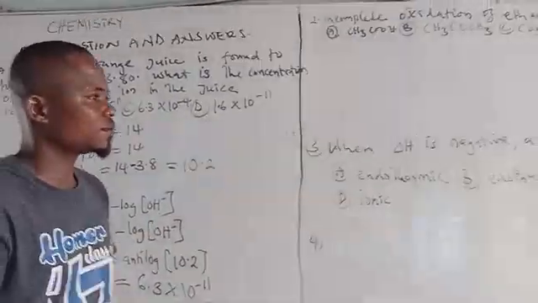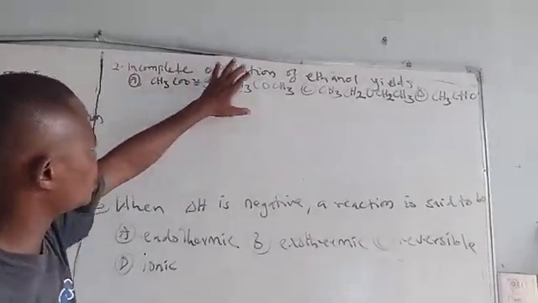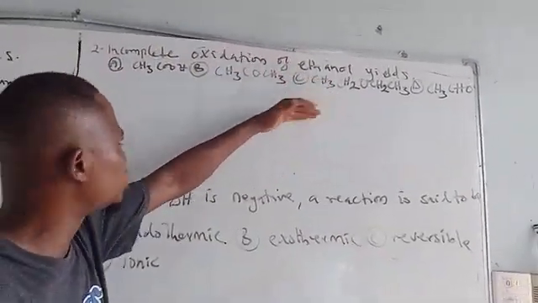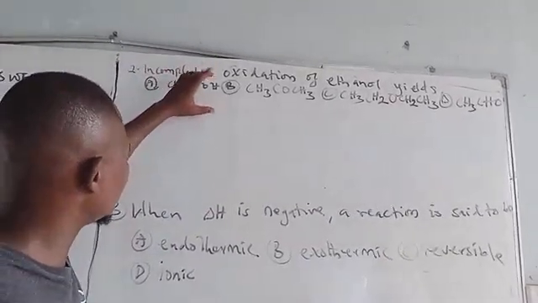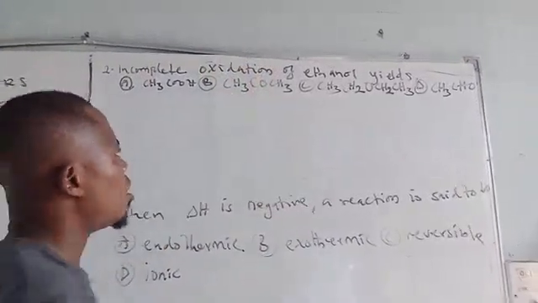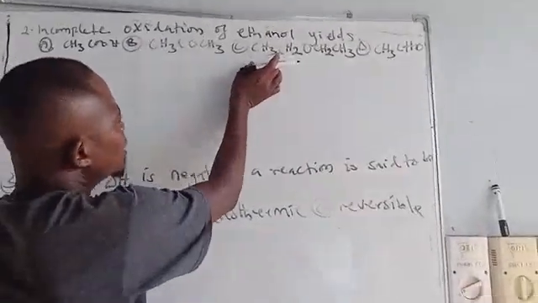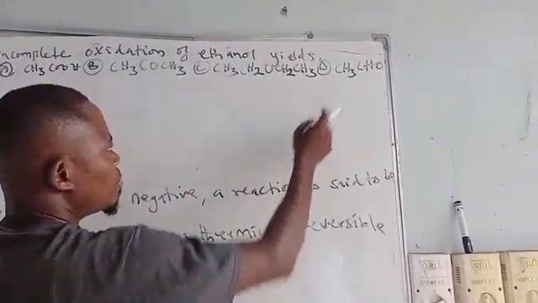Second question. Incomplete oxidation of ethanol yields option A, CH3COOH. Option B, CH3COCH3. Option C, CH3CH2OCH2CH3. Option D,